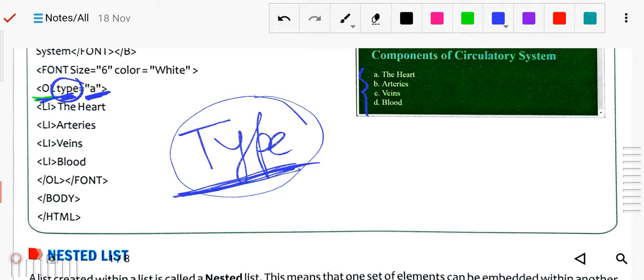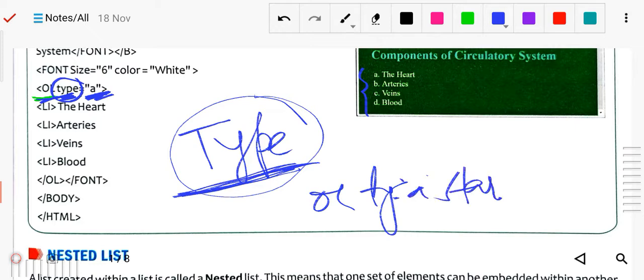Now here you can see this is the ordered list, so it will be A B C D, and we have not defined that this ordered list starts with A B C D or something like that. If we define it like this, OL type equals A, and you just write start equals C, then it starts with C. But here nothing is defined, so it will start from A, and B C D likewise it will go. Got it? Okay.